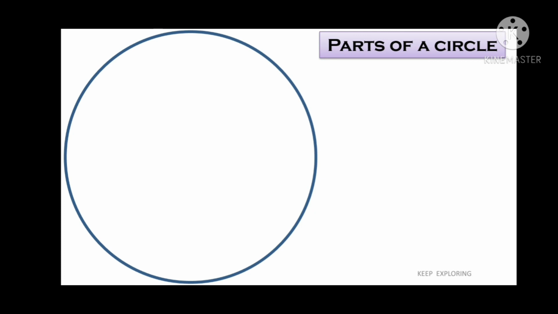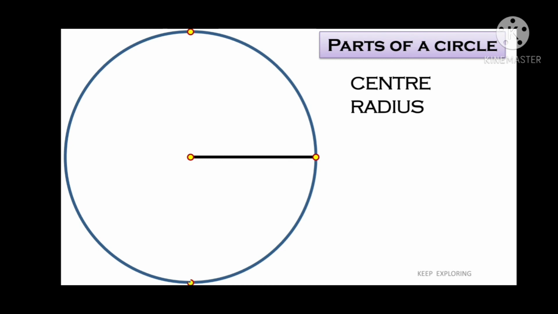Next, let's revise all the parts of a circle, starting with the center. That's the fixed point. Then when we take any point on the circle and join it with the center, we get the radius. It's the fixed distance of the circle. There are infinitely many radii for a circle. Next, when a chord passes through the center, it's called the diameter. That's the line segment passing through the center and whose endpoints lie on the circle, called the diameter.